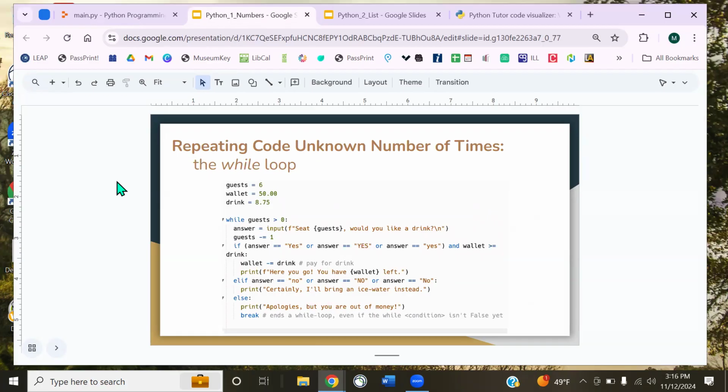This one we won't type out, we'll just look at it because I have it on the page since it's so much code. We know the situation that we've been building on, but we'll just read this top to bottom and see, and hopefully Python is becoming easy to read, just like the English language. Top to bottom, I'm establishing 6 guests. I have $50 in someone's wallet, maybe everybody's wallet combined. And I have something called a drink that's $8.75. Probably, again, the cost of the